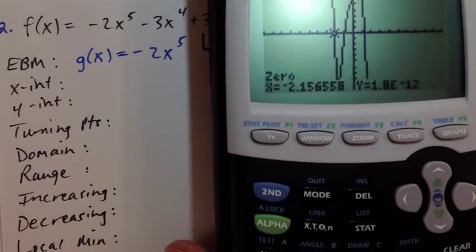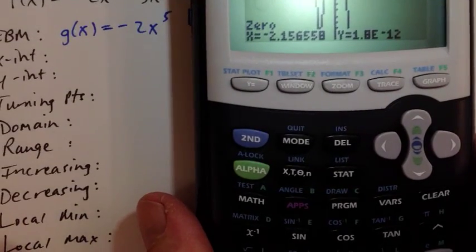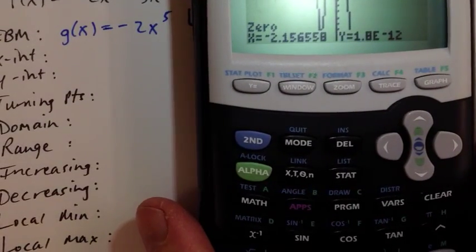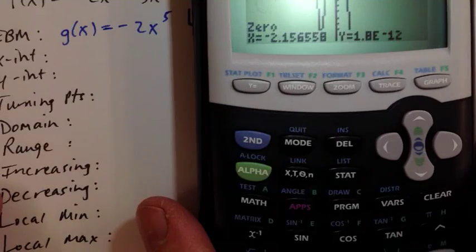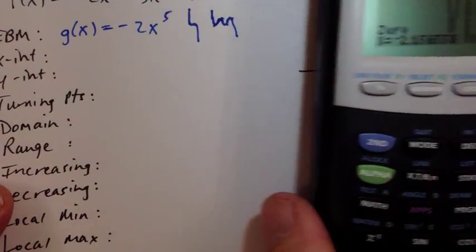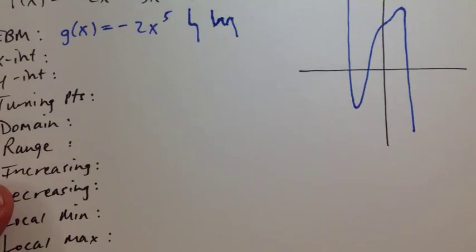Don't let that 1.8 e to the negative 12 freak you out. That's just another way of saying 0, but the calculator sometimes doesn't give you exact values, but it's close enough. That's a negative with a decimal point followed by 11 zeros followed by the numbers 1, 8. So that's as close to 0 as you're going to get for this one. So we have negative 2.2